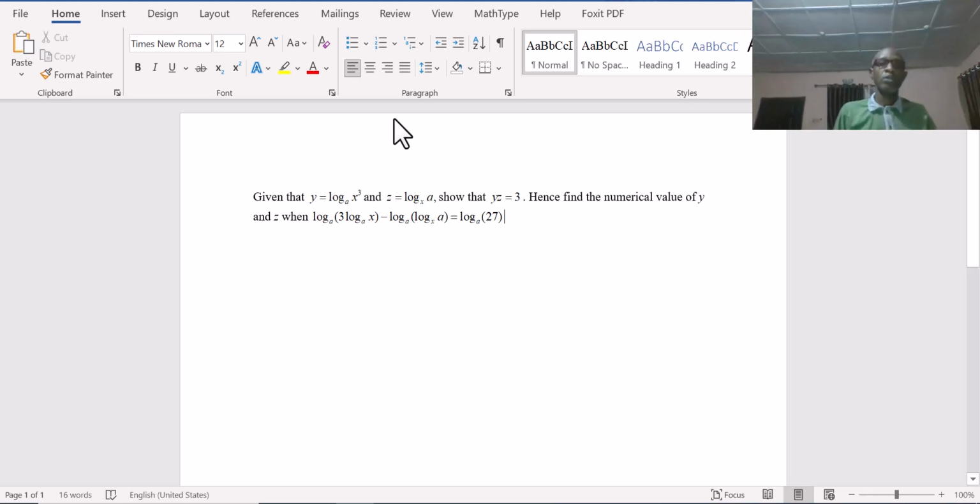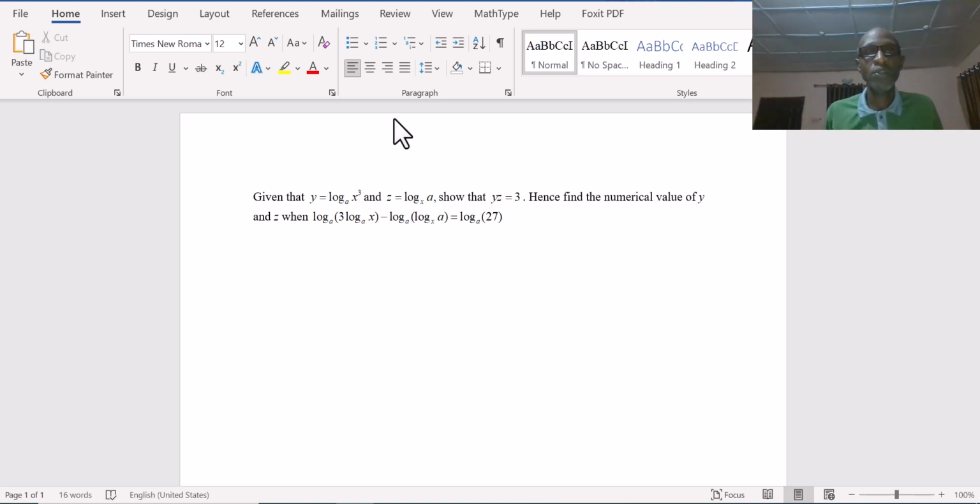Okay, so today we are looking at another question. It's still a problem on logarithm, and it states: given that y is equal to log x cubed to base a and z is equal to log a to base x, show that yz is equal to 3. Hence, find the numerical value of y and z